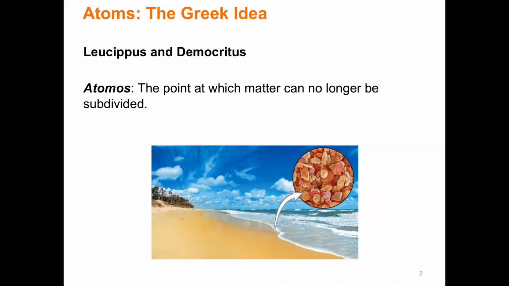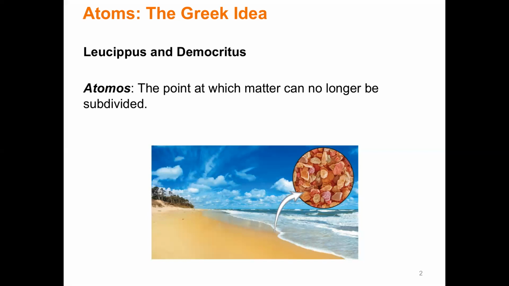We might not know what they did, but their thoughts on how things work have been passed down through the ages, right? This goes back to the idea where these philosophers would sit around and basically argue about how the world worked, or how it was made up, and they didn't do experiments, and we'll talk more about that. So at the beginning, it was a question of what things are made up of.